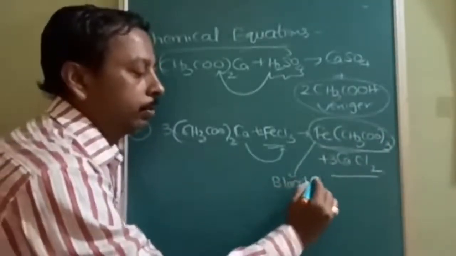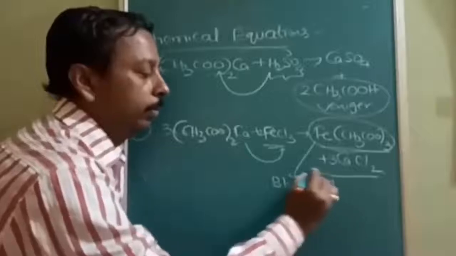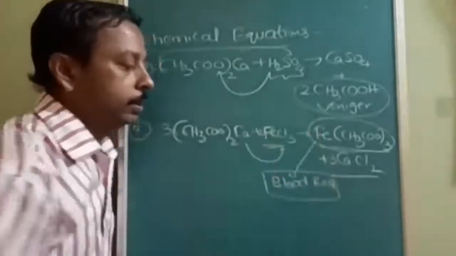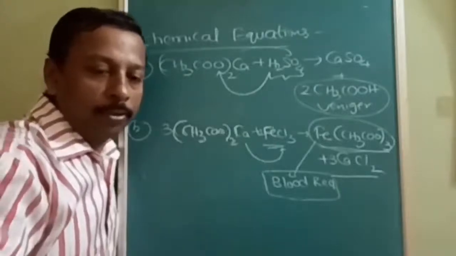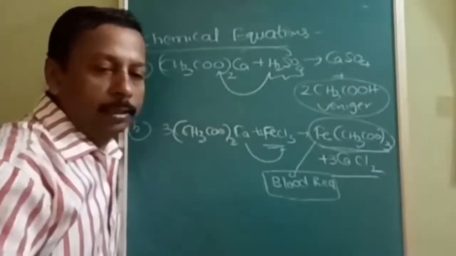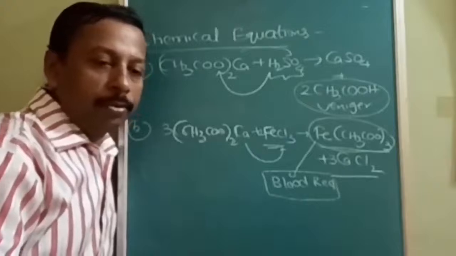Okay. So all of you, make a list of the colors. Blood red color, black color. Okay. Rotten egg smell, like that. Important things you should remember and you should write them.